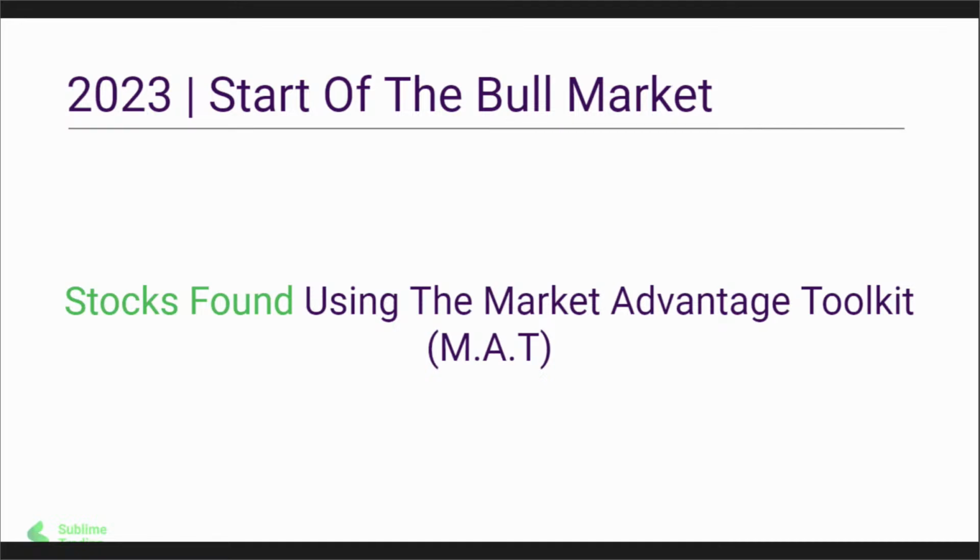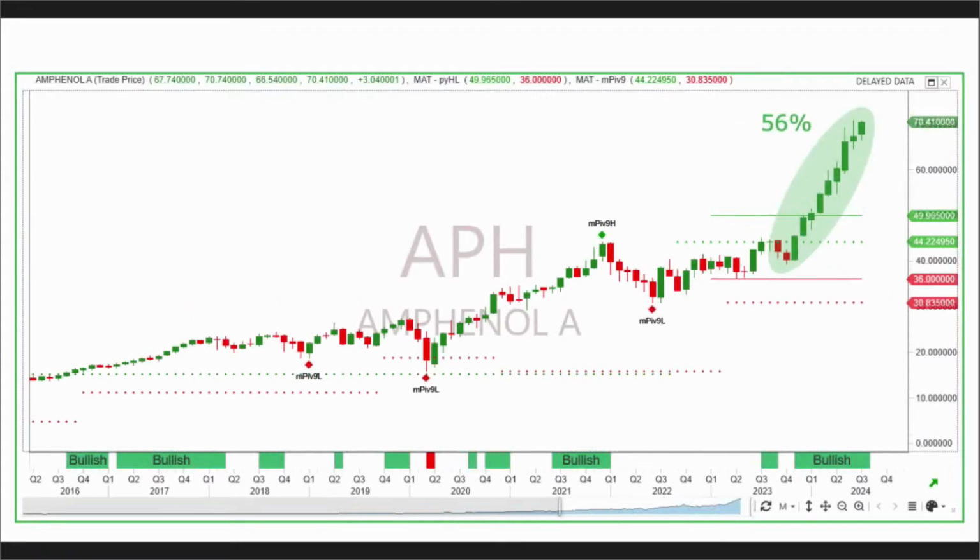So we're going to go through right now some of the stocks I have found using the Market Advantage Toolkit, the MAT. So let's start with Amphenol. Now notice, guys, some of these companies you may not be familiar with, but what you want to understand is how massive these companies are in terms of stock performance and how well they have performed over the last 12,